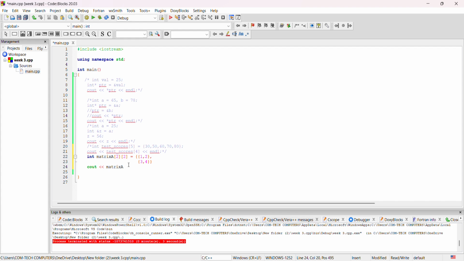So to show what is in row 1 column 1, we know that the first number has the index of 0, the second number has the index of 1, the third 2, the fourth 3. So since we want to show 1, whatever is in index 0, we go ahead and say